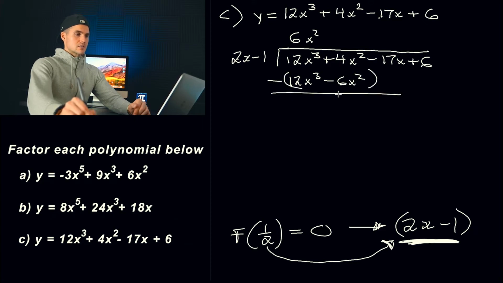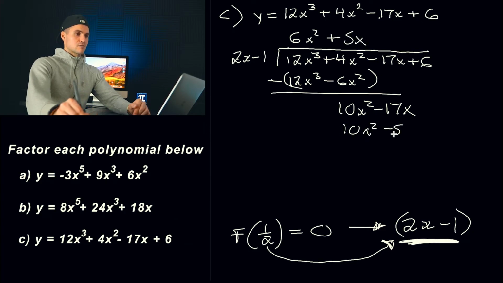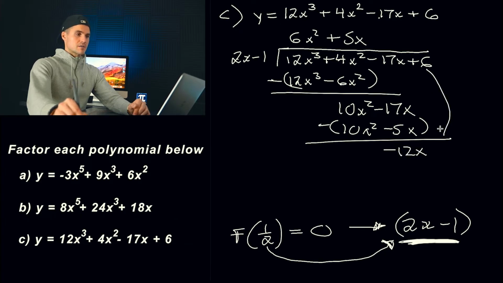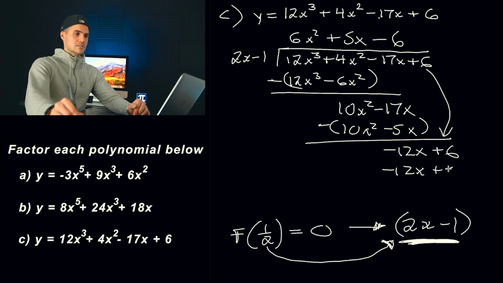Subtract these, this would be what? 4 minus negative 6, which is 10x squared minus 17x. 2x goes into 10x squared 5x times. And this would be 10x squared minus 5x. Subtract these, and we'd get what? Negative 12x. Bring this positive 6 down. And then 2x goes into negative 12x, negative 6 times. And so we would have negative 12x plus 6, subtract these, and we would get a remainder of 0